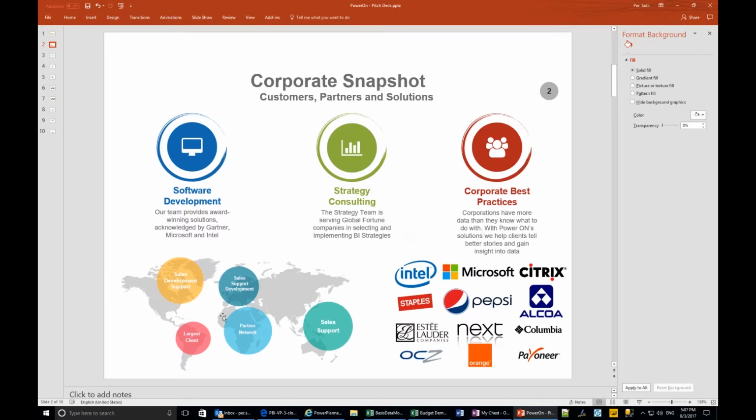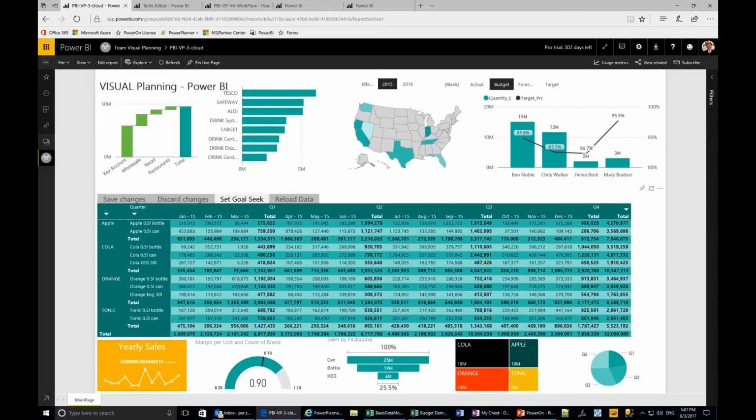So without further ado, I'll jump into the presentation and see how we would dive into the tool, and we'll take a look at what users will do when they're doing budgeting and planning in Power BI. First, we're going to look at what the end user will do. You are now looking at a screen that you can recognize from Power BI. You have seen all these visuals before. There's a little map here. There are some filters. We can slice by salesperson. This is a custom visual at the lower left corner, and I can then filter and use all these